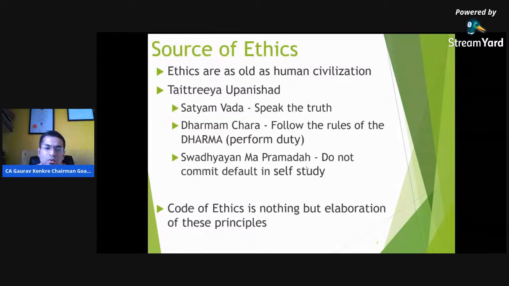And of course, we need to constantly evolve, constantly engage in self study. This is the continuous professional education, or the CPE programs, which CAs need to mandatorily do once they are in practice. So this is basically the continuous updation of knowledge, so that we are always abreast with the latest issues in our respective fields.